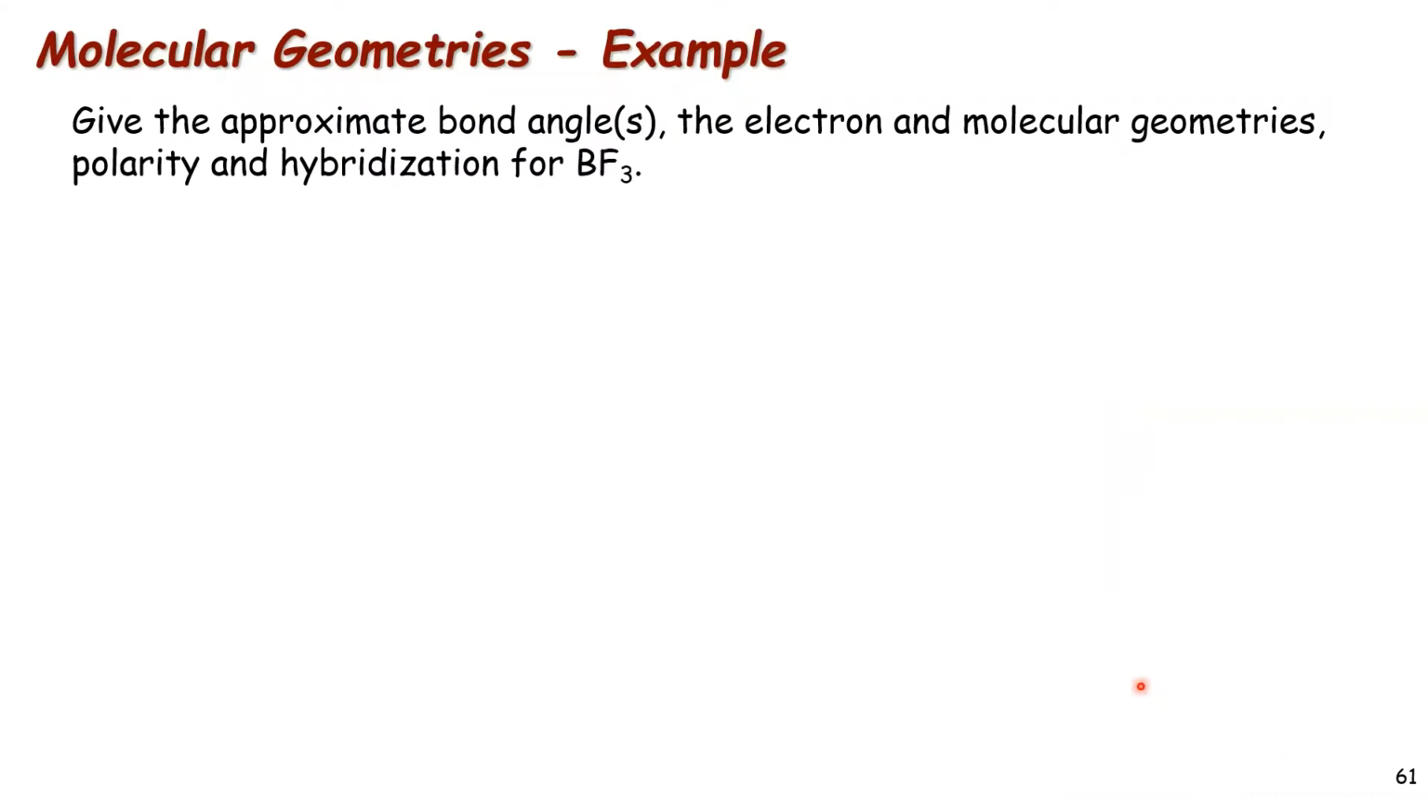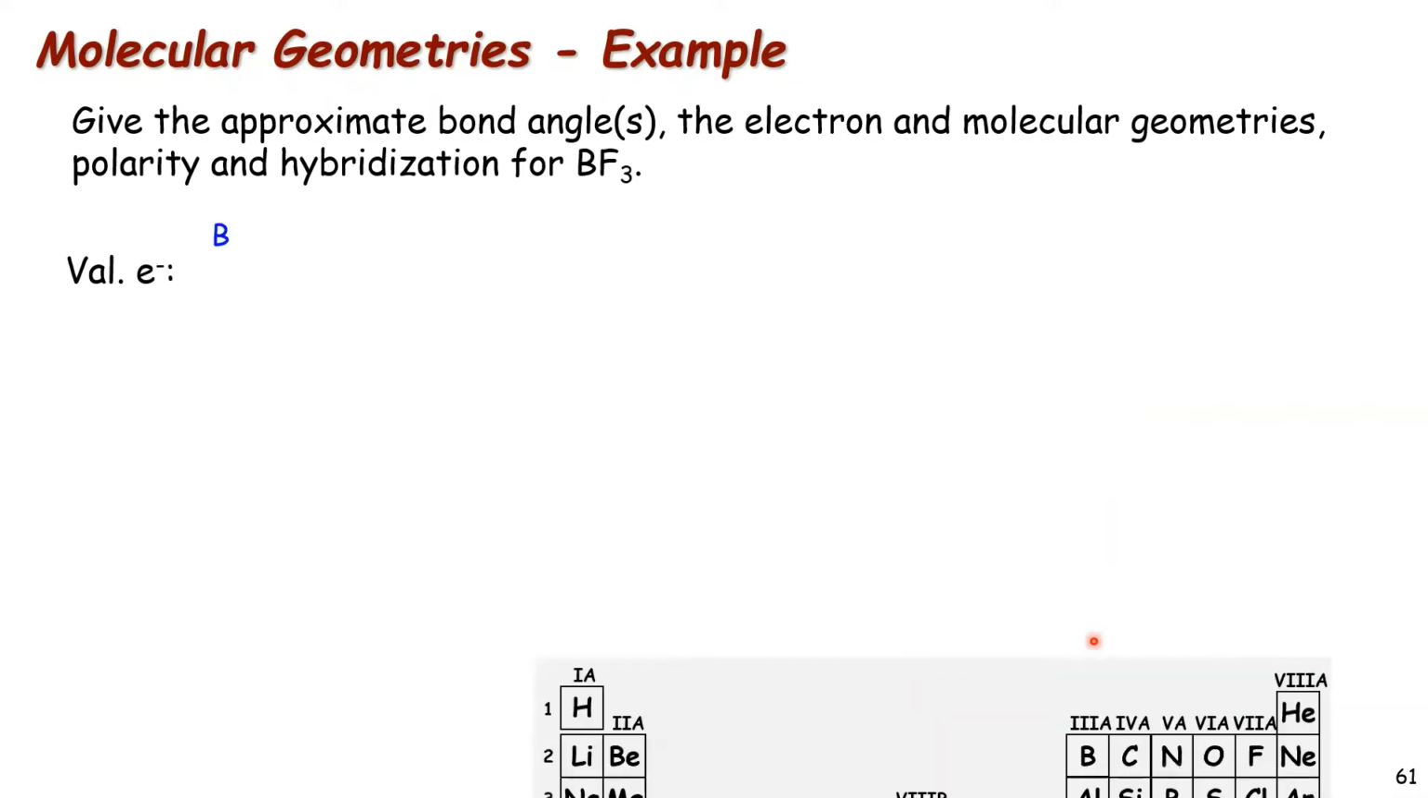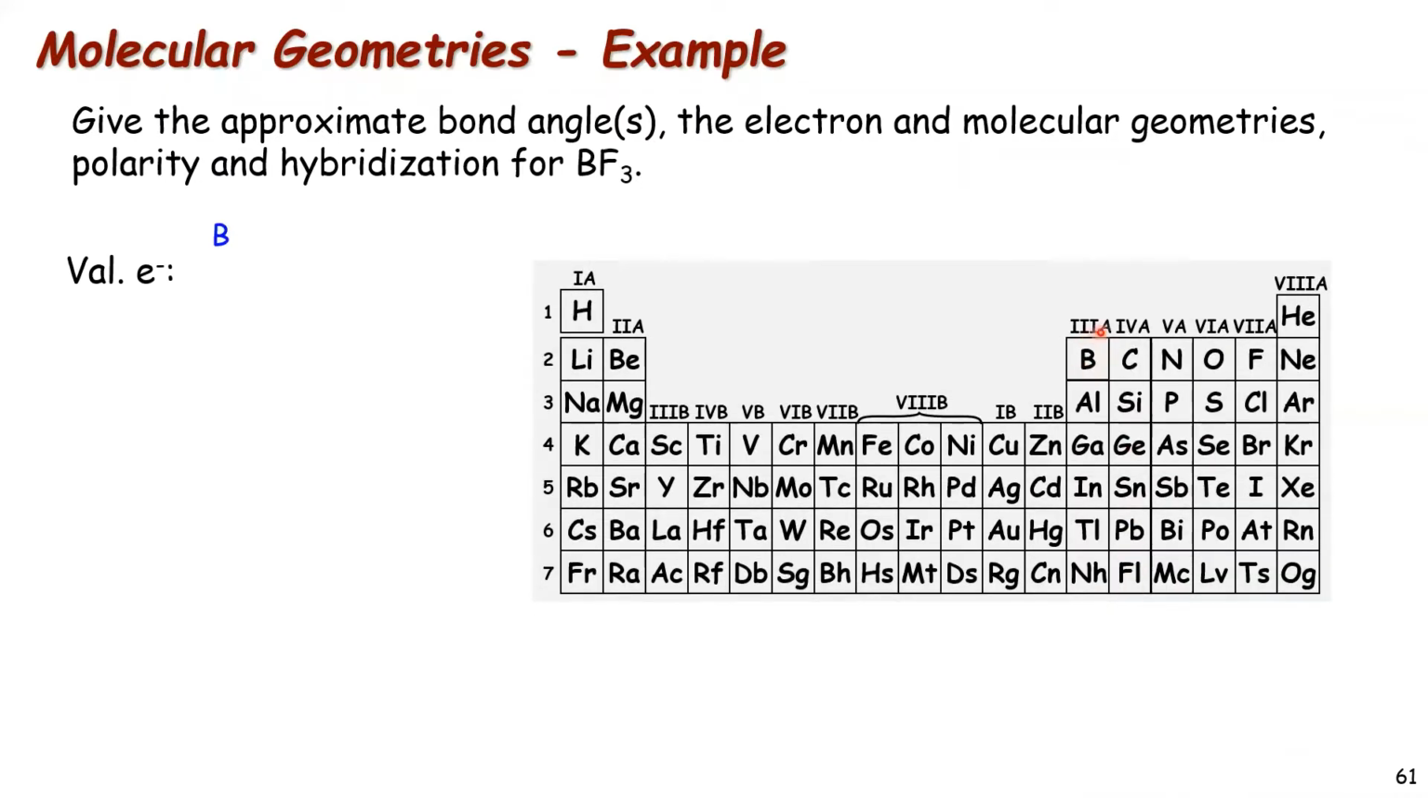Let's try another example, boron trifluoride. Again, we're going to go through the same steps. We've got to determine the number of valence electrons. So we'll look at boron first. Boron, as you can see, is in group 3, so it has 3 valence electrons. And then we're going to add to that the valence electrons for the fluorine. Fluorine is in group 7, so it's going to have 7 valence electrons, but there are 3 of them, so we have to say times 3. That's going to give us a total of 24 electrons